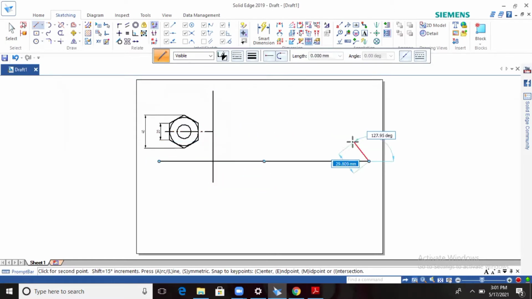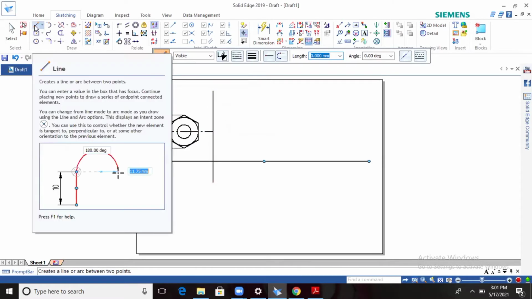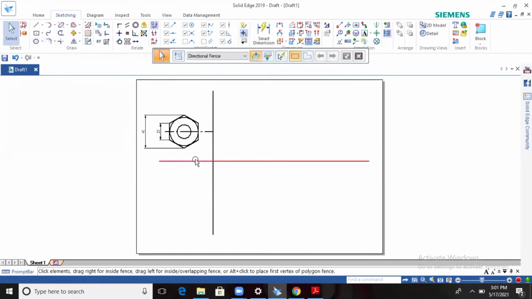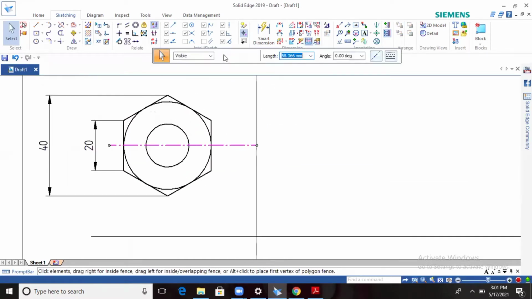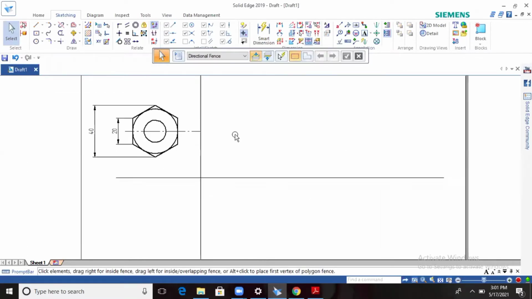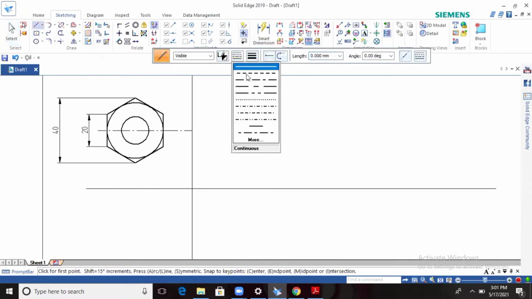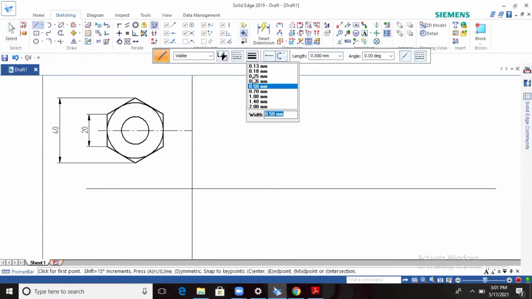Front view on the XY line and X1Y1 line. Okay, so directly I will draw the line like this. Okay, you know the thickness of the XY line. So 0.25. Okay, so we'll take this one, 0.13 axis line. Next, you have to go for the front view. Okay, so here I will take the axis line 0.25 or 0.13. You have to take any convenient distance here to here, any convenient distance.